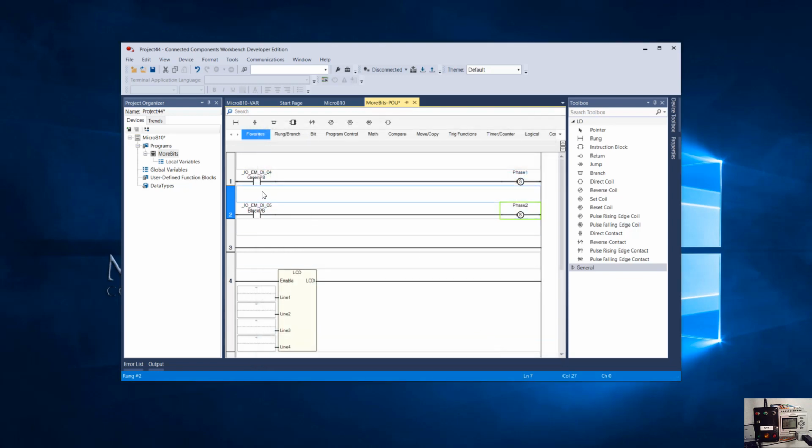So let's just review what those two rungs will do. Push the green push button, that's starting phase 1. Then the black push button would be moving into phase 2. But let's start thinking about how would this work in reality. Would we want somebody to be able to push the black push button and immediately go into phase 2, skipping phase 1? Probably not. So in that case,